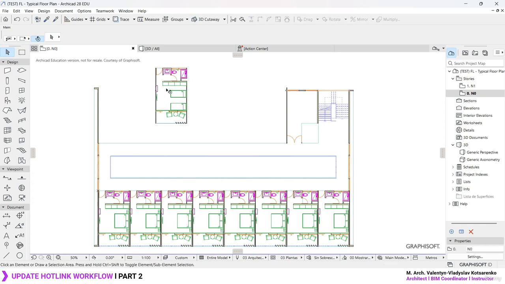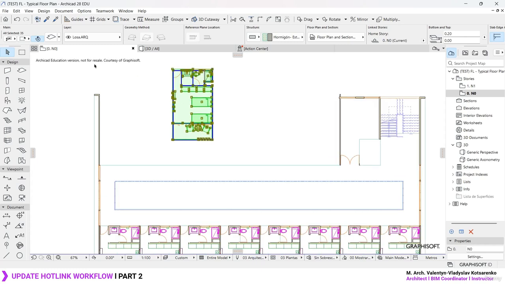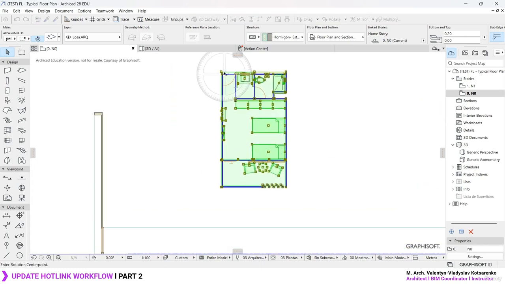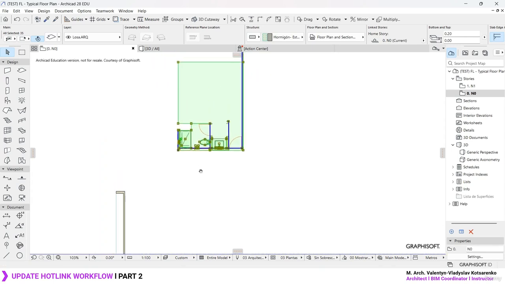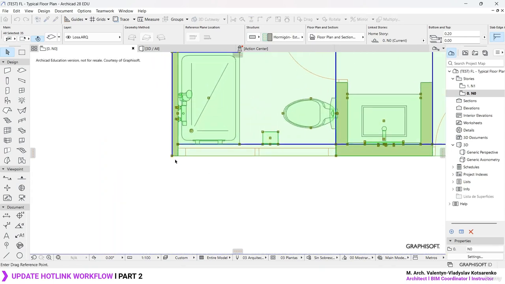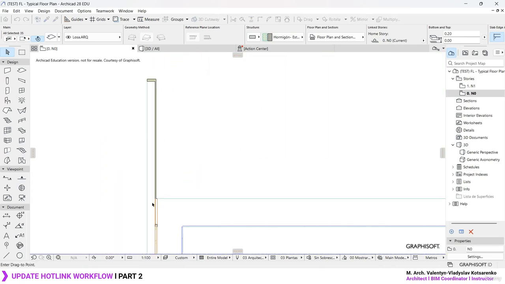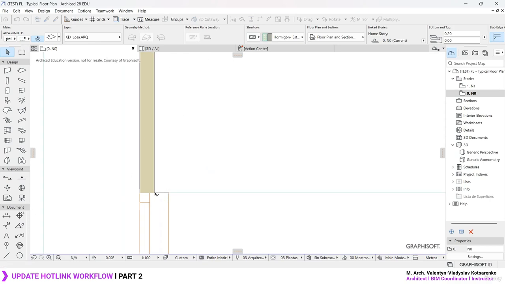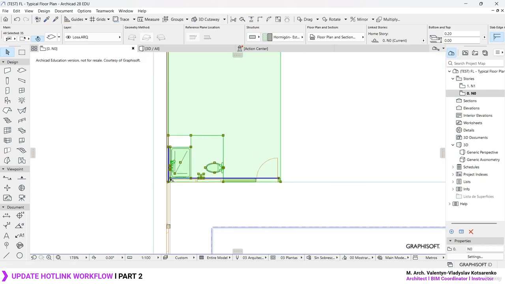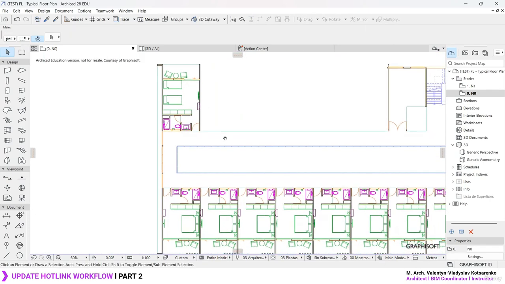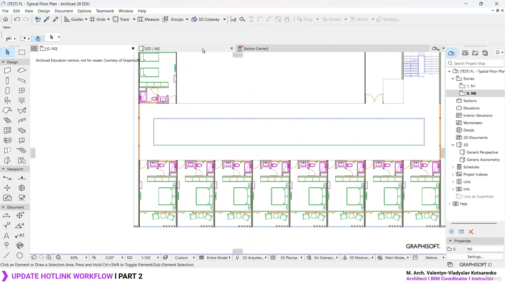Okay, so it's going to link your next module. Now you can simply take the module, rotate this all together, no worries over here. And yeah, you simply activate the move command and make sure you position this in the corner right over here. Okay, so now we can say that, yeah, it's pretty much